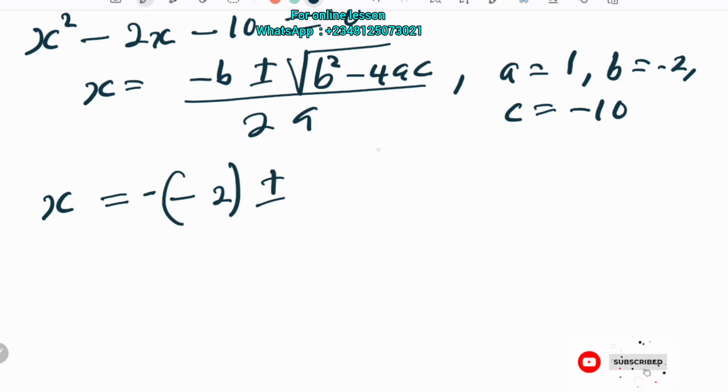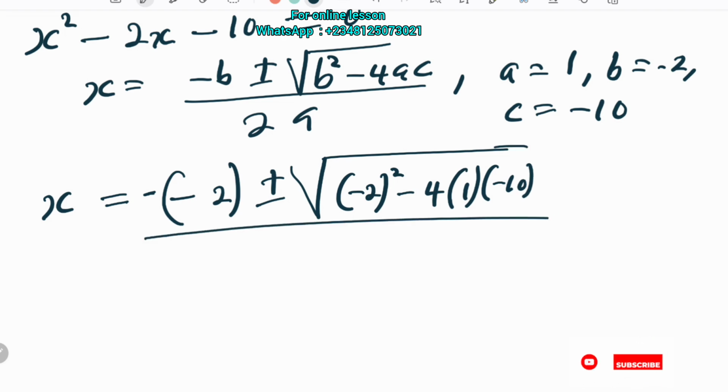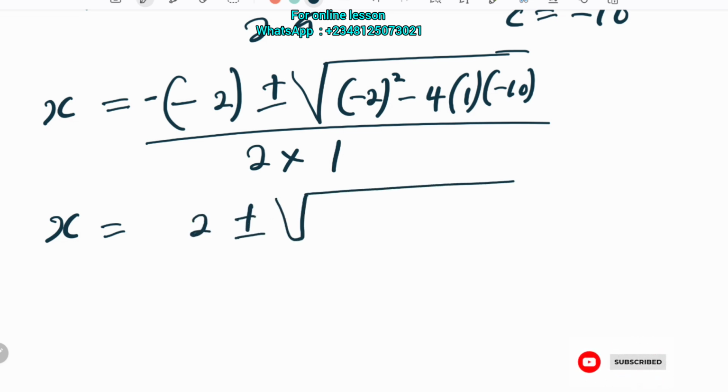Then plus or minus the root of b squared, that is minus 2 all squared, minus 4 into a is 1, then c is minus 10. So all over 2 times 1. Now, at the end of the day, this negative, when we multiply that negative, it will give us x equal to 2 plus or minus the root of 2 squared